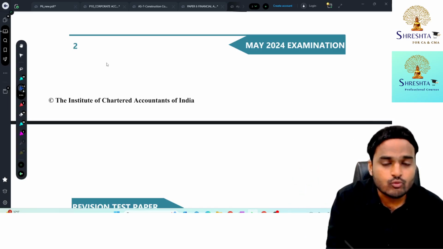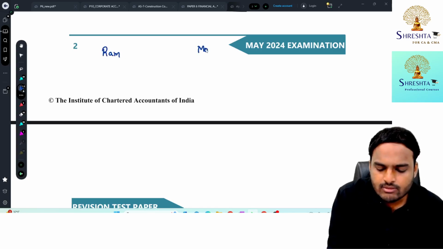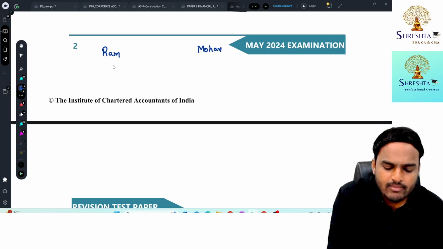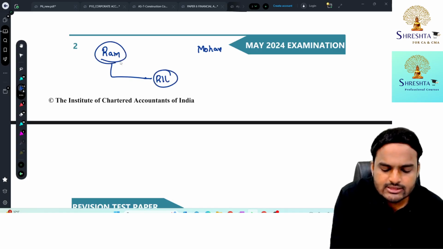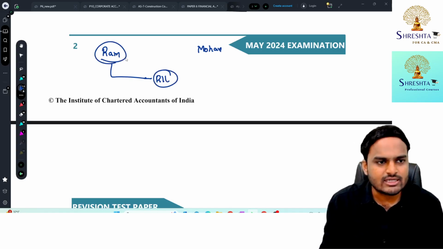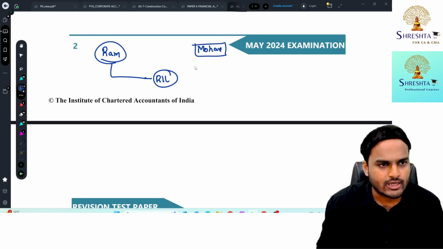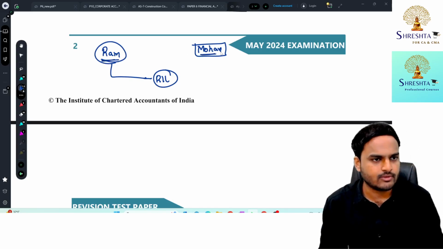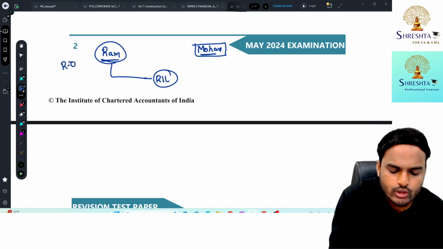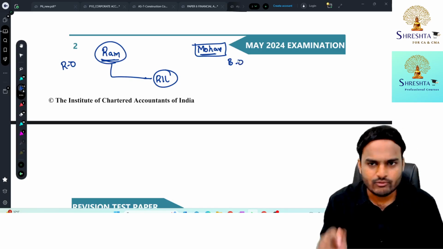Let me tell you one example. There are 2 persons, Mr. Ram and Mr. Mohan. Ram acquired shares of Reliance Industries Limited. Shares were registered in the name of Ram. But all the benefits with respect to the shares are transferred to Mohan. So Ram is holding shares on behalf of Mohan. Now Ram is the registered owner and Mohan is the beneficial owner. Now in this case,